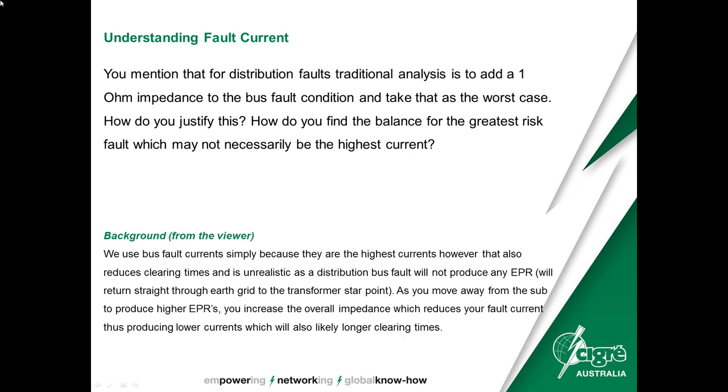So if the author of this was suggesting that it's better to look down our feeder or feeders, and for each one of them work out what the worst case was, based not purely on the maximum current, but on the worst combination of current and clearing time. Okay, now that's true, and it's fairly easily applied if you're using strict voltage criteria, traditional criteria like EG1. But that's not the worst case for everything, because you've then got to turn around and say, well, I've also got to comply with telecommunications coordination. So